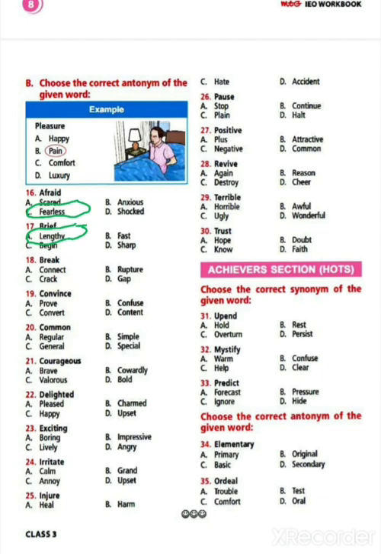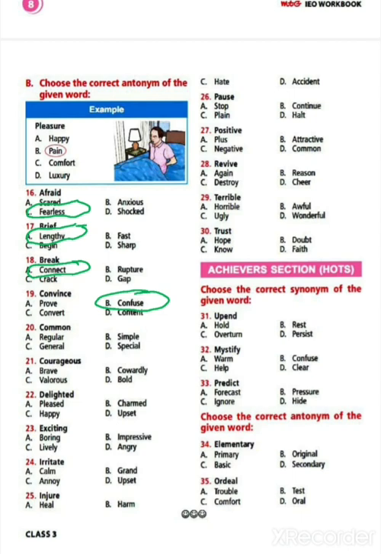Next, number 18 is break. So number 18, opposite of break will be connect. A, connect. 19 is convince, and so convince means when somebody agrees, when you try to make someone agree to your point. And the opposite over here is confuse. When you're not able to convince the person, you're just confusing, like you're saying something which is not making that other person come to your viewpoint. Something you're saying something opposite. So confuse is the opposite of convince.